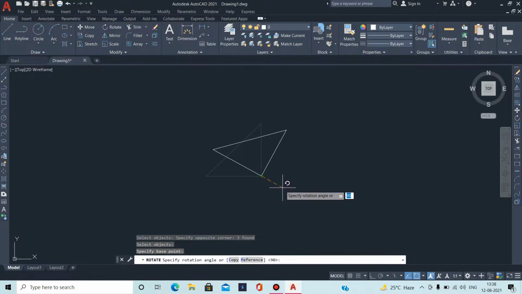We can rotate this object with the help of the second method, and the second method is by copying this object first and after that providing the rotation angle, so that we have an object which we can easily see.